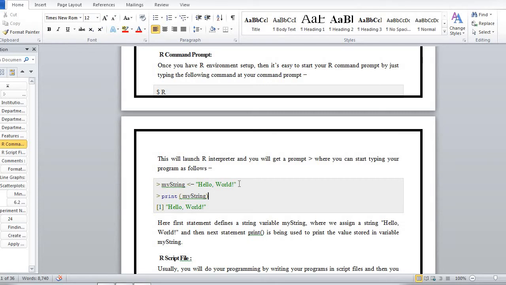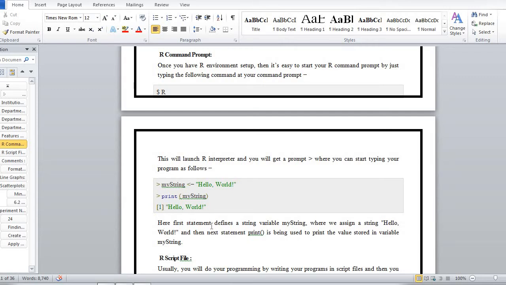When you pressed enter after the assignment, you got no output since you have not printed anything, just the prompt. That means the hello world string is stored in MyString. Now since you have asked to print it, the output is printed this way: 1 in square brackets and then hello world.